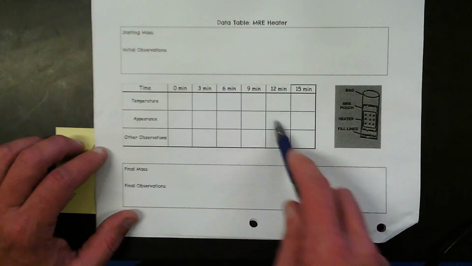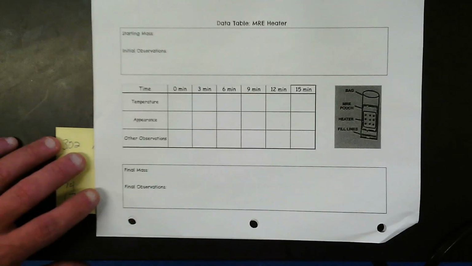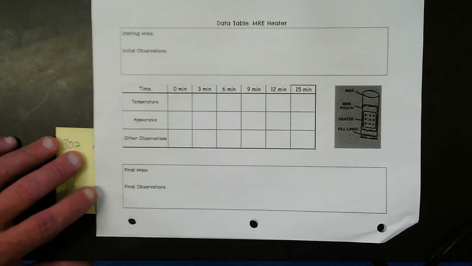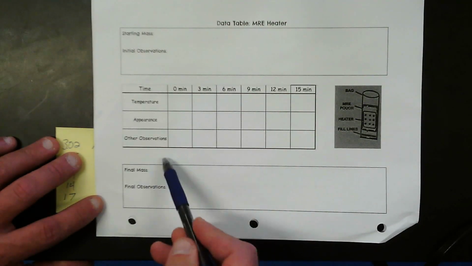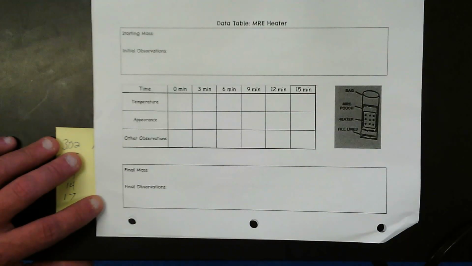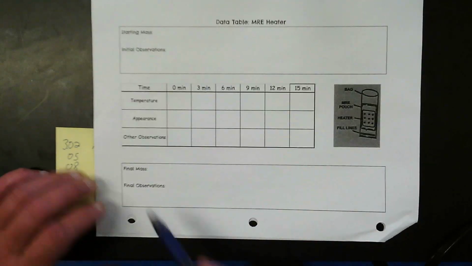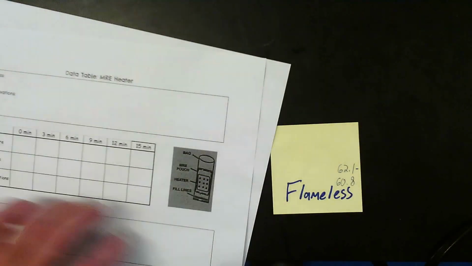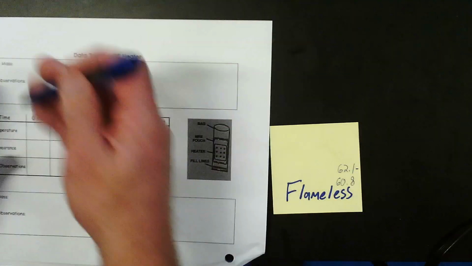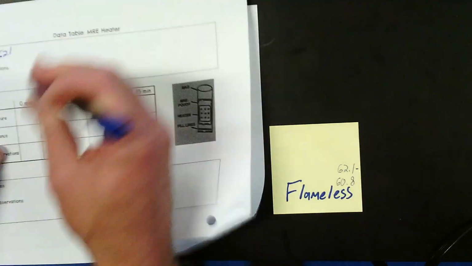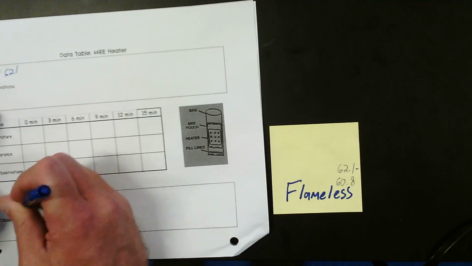We started seeing steam come out. We were getting close to boiling point, so it might have been a little bit of actual steam, but it's probably mostly hydrogen. Other observations: steam. Final mass, again, flameless starting mass 62.1, ending mass